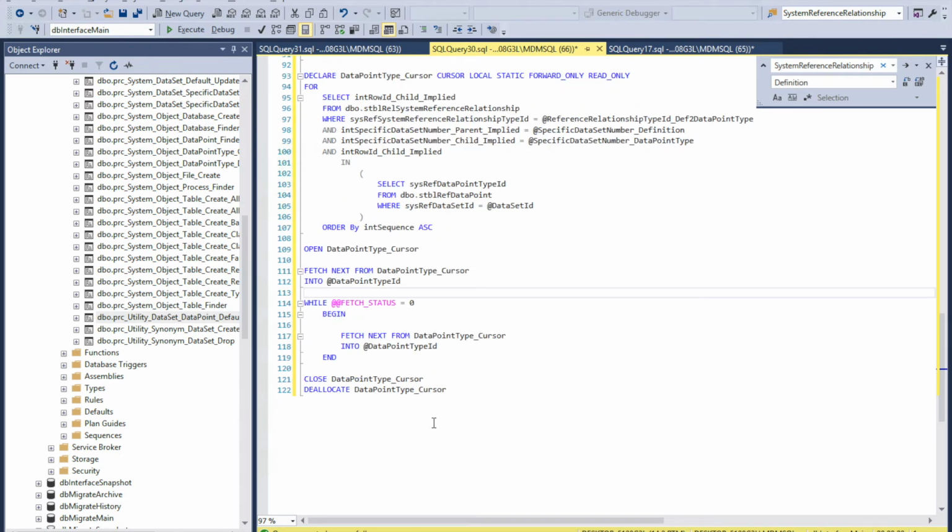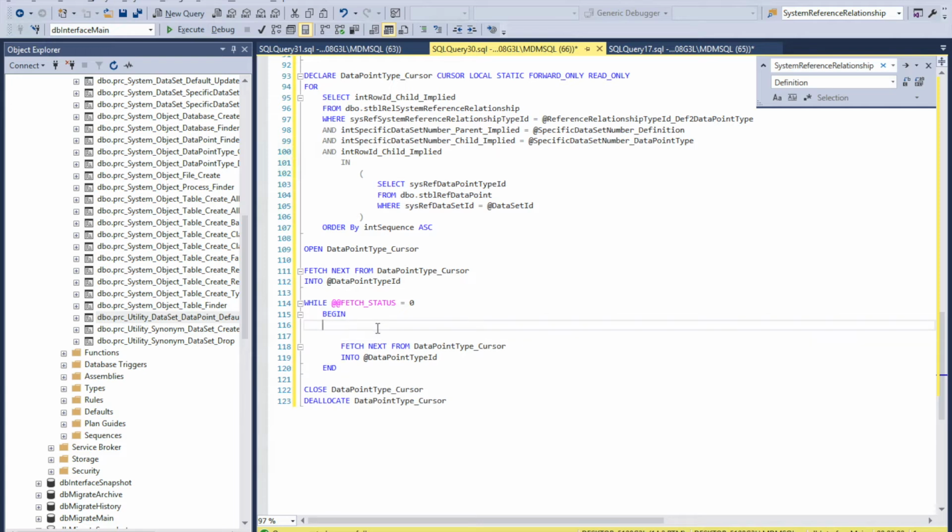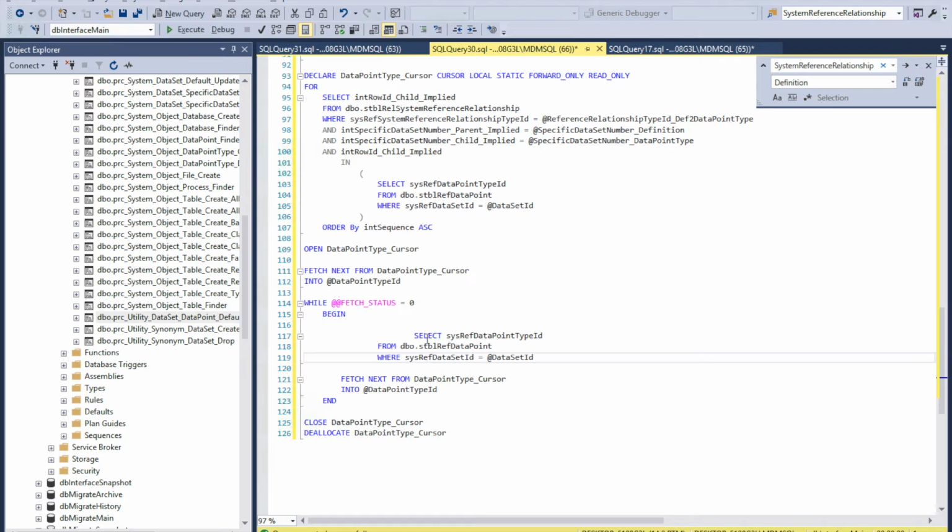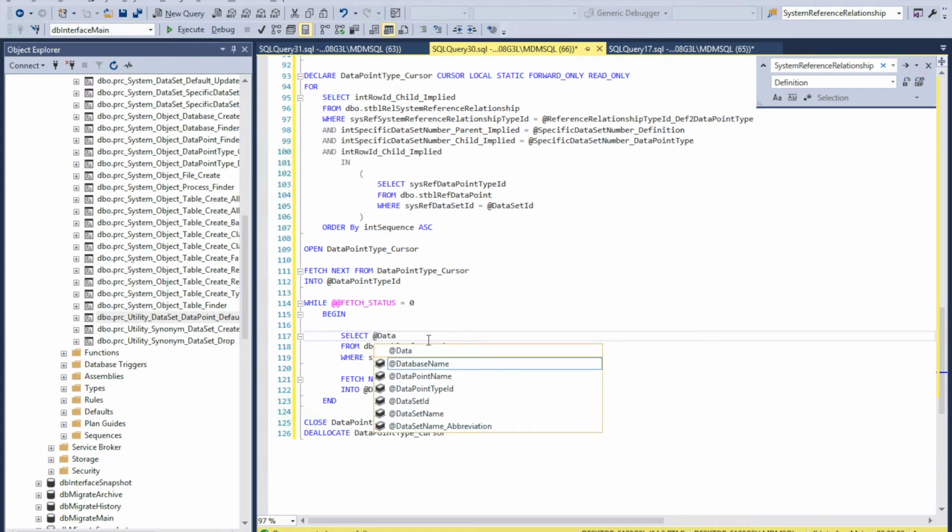So this will be our data point type ID, and essentially we need to do the same thing here. While we're in the cursor, we have to go back because we need the sequence in our build. We need to know the order of our cluster index because it makes all the difference. So we are going to go back into the data point and get the name